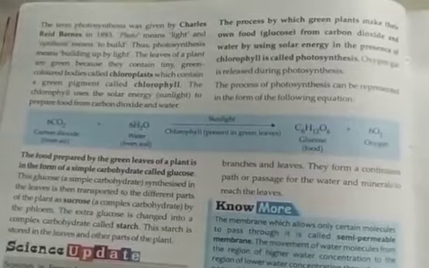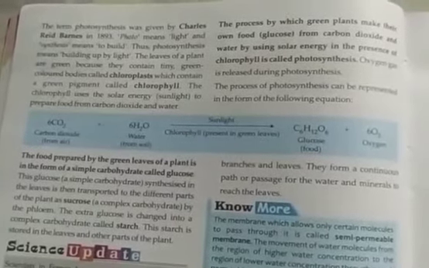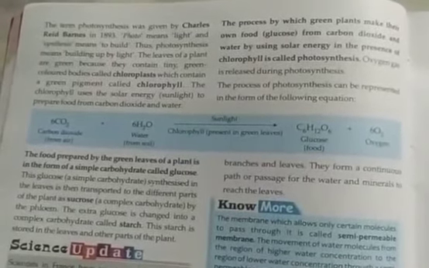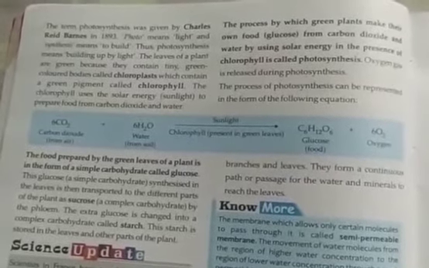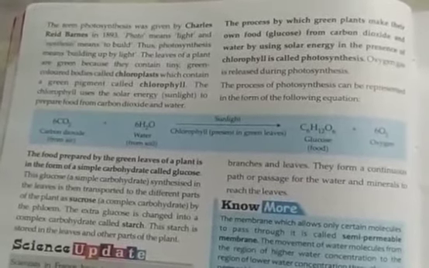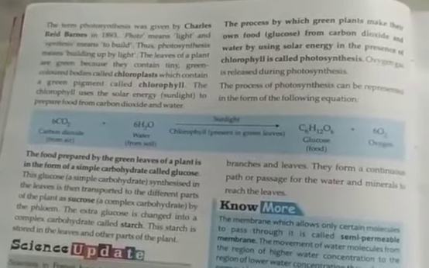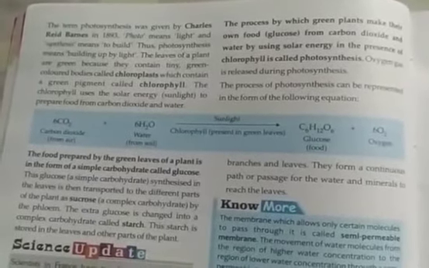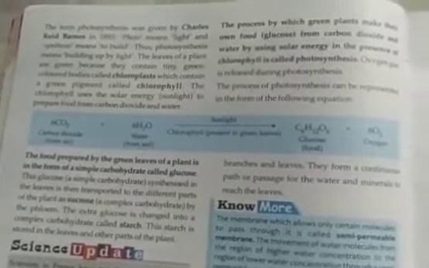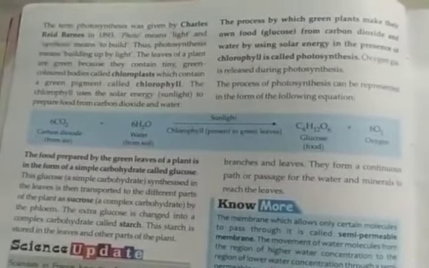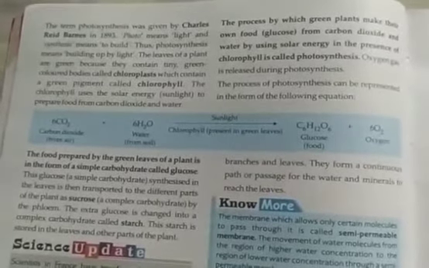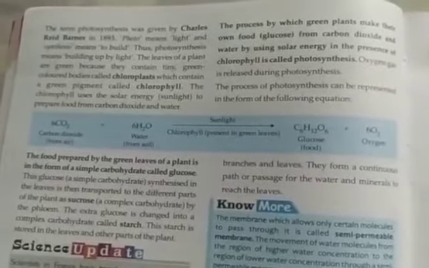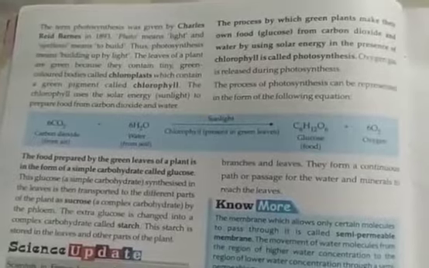Now, the extra glucose reaching into different parts of the plant is then stored in the form of a complex carbohydrate which is starch. And this starch is generally stored in different parts of the plant, which results in all the parts of the plant being edible for us because we have the capacity to digest that. Okay?